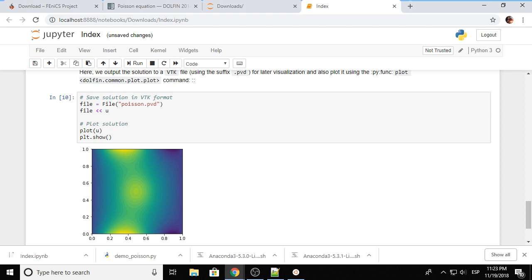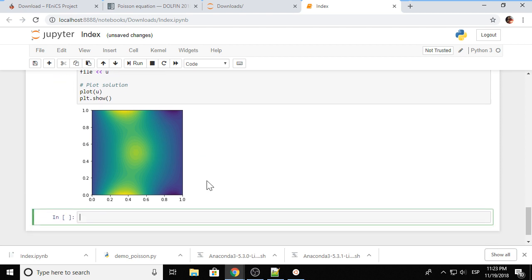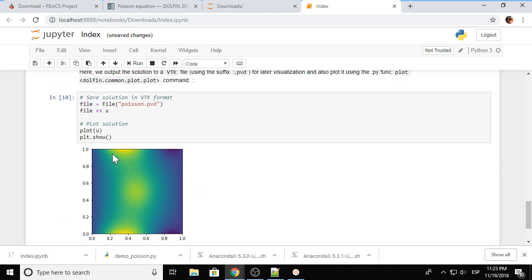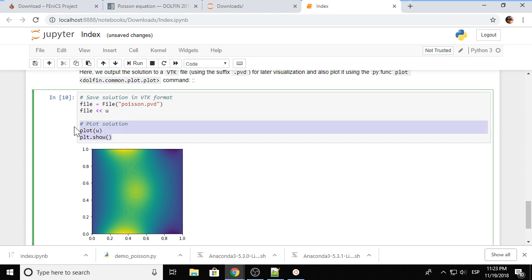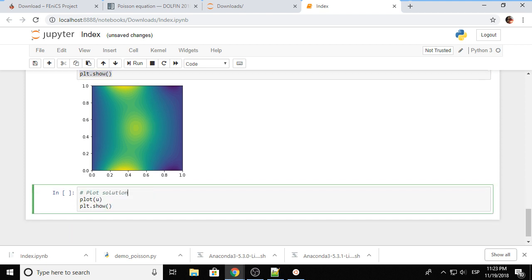Now, I would like to plot a little bit more. So I'm going to do this extra part where I show you how to plot with, for example, a color bar, because this information is really difficult to find in the documentation. So how do I plot a color bar? It's very simple. Instead of doing this, I'm going to go to solutions with color bar, and I'm going to do